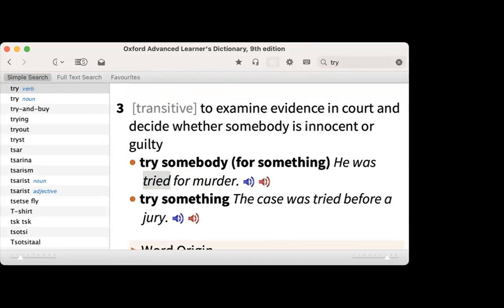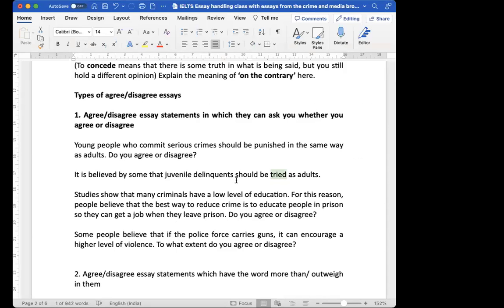तो उनको same trial दी जाए छोटे बच्चों को. Trialed भी मेरे हिसाब से trial word आप सही कह रहे हो, पर trialed word नहीं है, तो tried ही आना है वहाँ पे. Okay. Trial ही होगा. हाँ है. Trial should be given the same trial as adults आ सकता है, but should be tried in the same way. Okay. That is if you have to use it, that would be right. So I hope it is clear. Tried is correct.